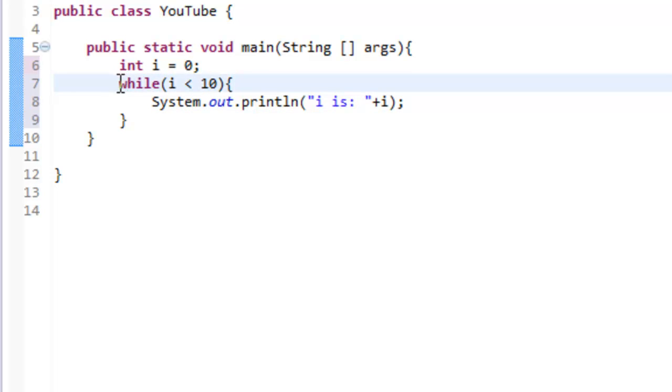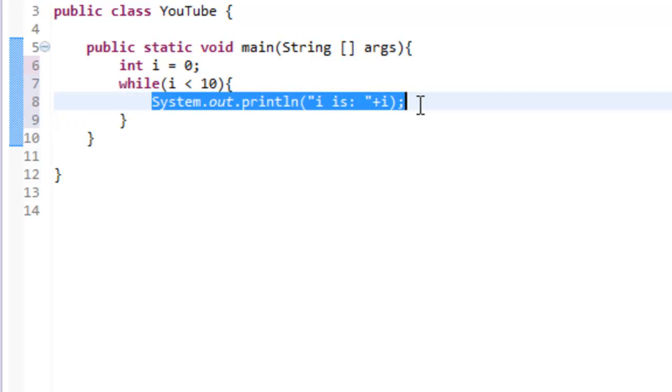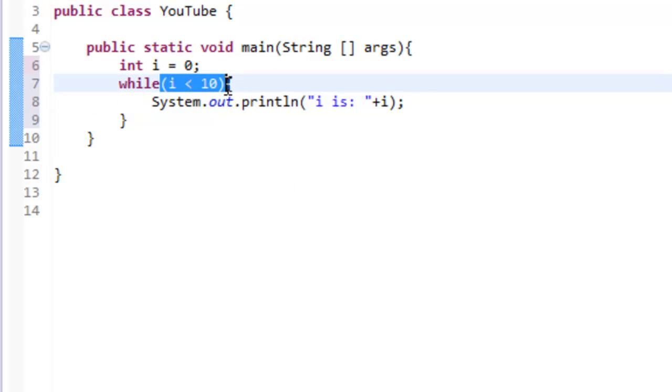Now another way to read this that might make more sense is for as long as I is less than 10, do this. However, if we run this code, we're going to have a major issue right off the bat. This condition is going to evaluate true. Now if this was an if statement, there's no problem with just doing this. However, because this is a while statement and it will repeat until I is not less than 10, we're going